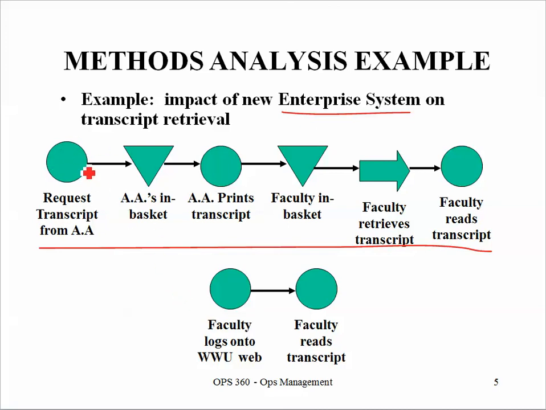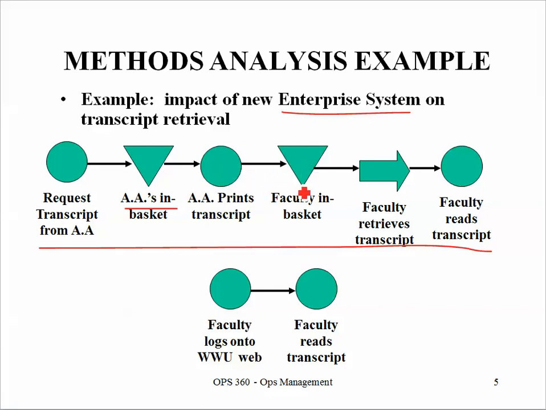Well, that request goes into the in basket, which is a type of inventory or storage area of the administrative assistant. And the way that inventory or storage is represented in these methods analysis diagrams is by an upside down triangle. It sits there for a while, then the administrative assistant pulls that information and prints out the transcript. Again, because the administrative assistant is doing something, that is an operation and represented as a circle,